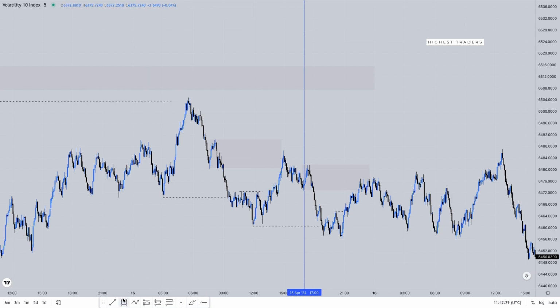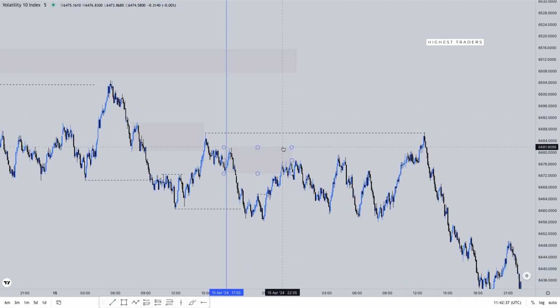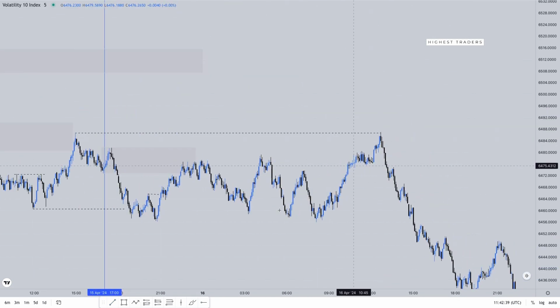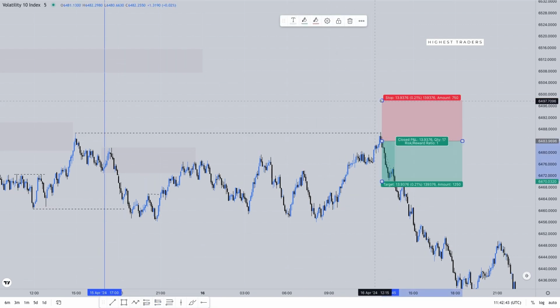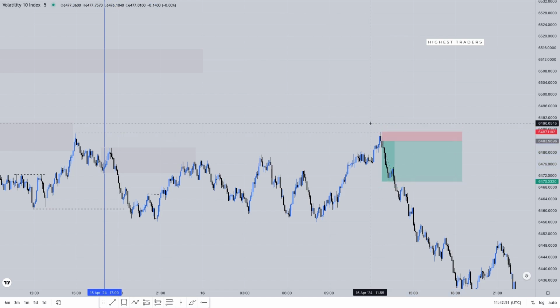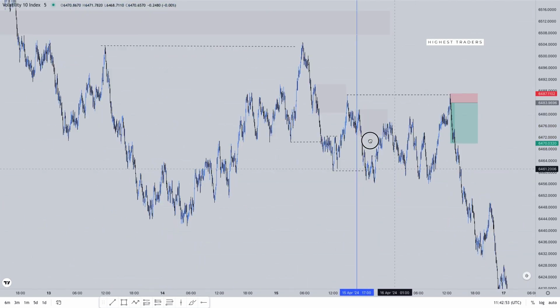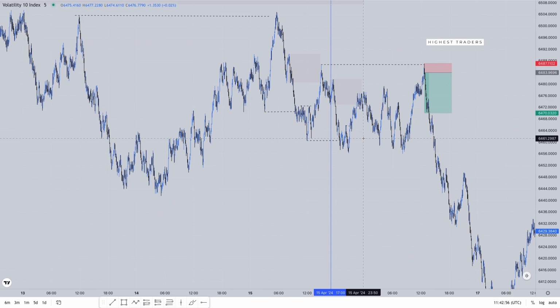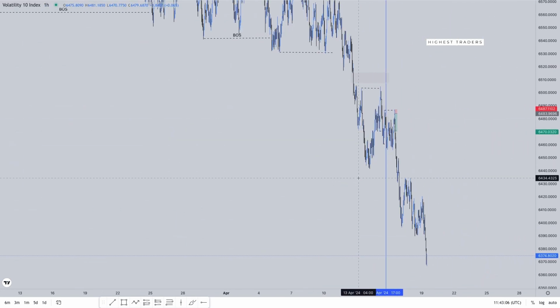What price did that made me execute a trade again is going to take our major inducement. Price went and swept the major inducement. So the moment I got that sweep, I executed a trade here, on the next candle after the sweep, and the stop loss was right above the candle that originated the sweep. And for the take profit, we went back to the 1 hour time frame to determine our target.